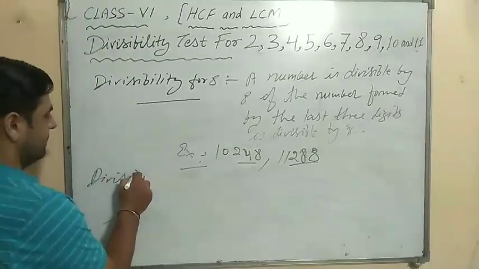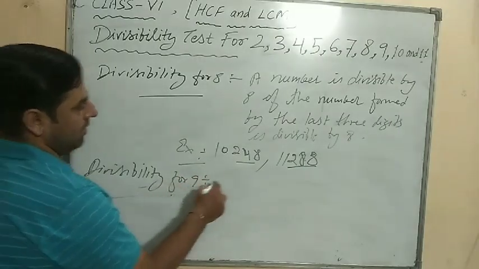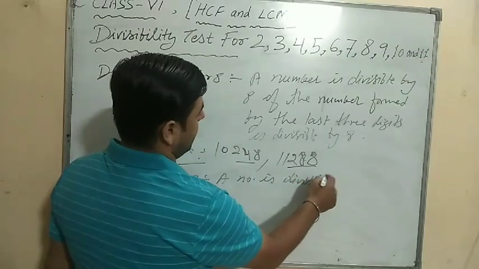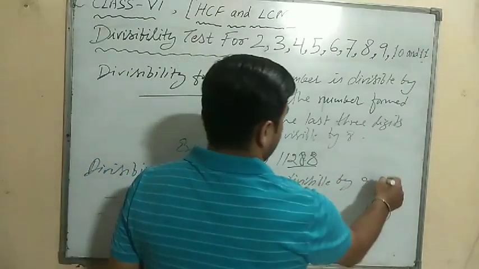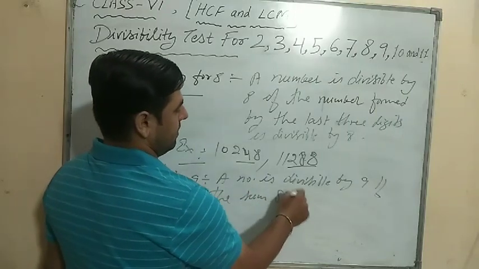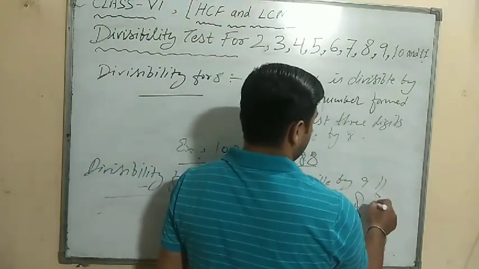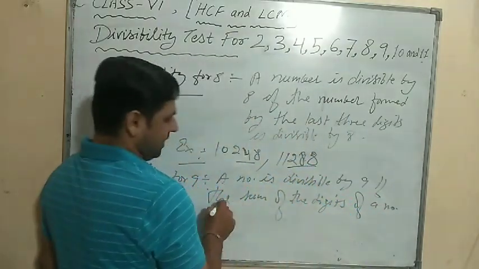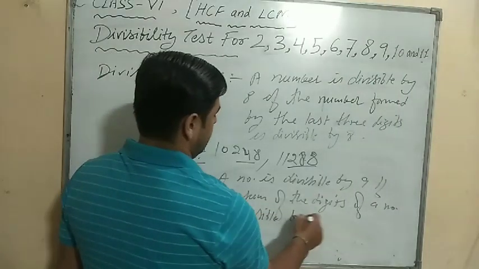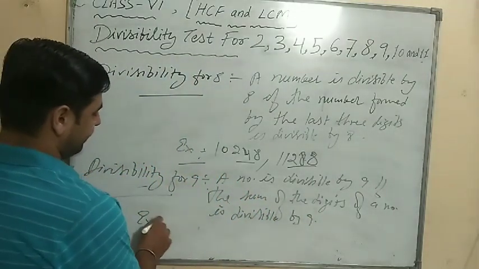Divisibility for 9. A number is divisible by 9 if the sum of the digits of a number is divisible by 9. Okay. Example,